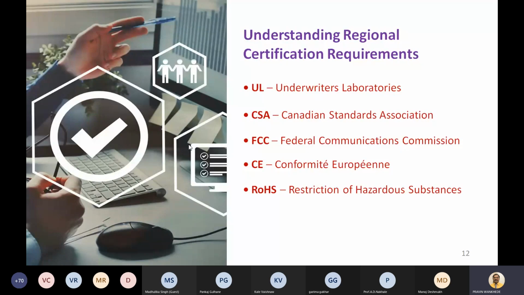Again, very important: the FCC is not recognized in Europe. So we can say that UL, CSA, and FCC are recognized in the USA. If you want to sell your product in the USA only, or Canada or such countries, then you should go for UL, CSA, and FCC. And if you want to sell your product in the European Union, then you have to go for CE, that is the Conformity of European. It is a European Union certification that combines UL and FCC certification.